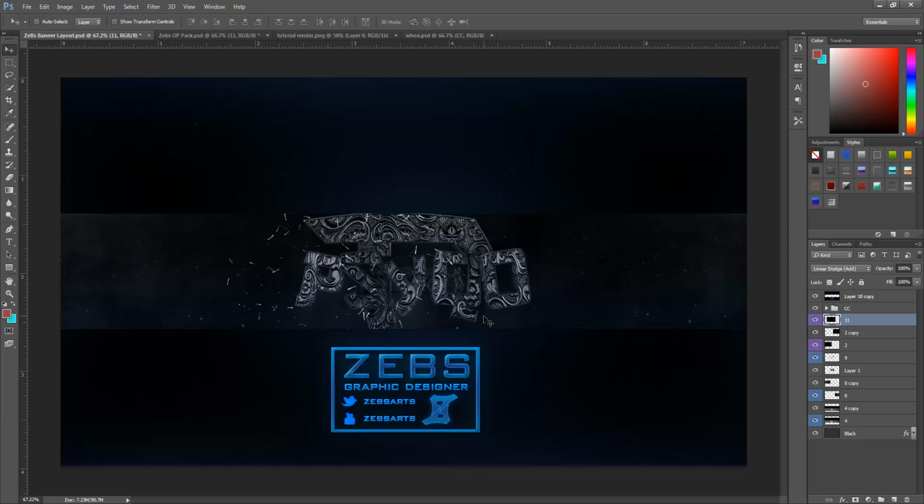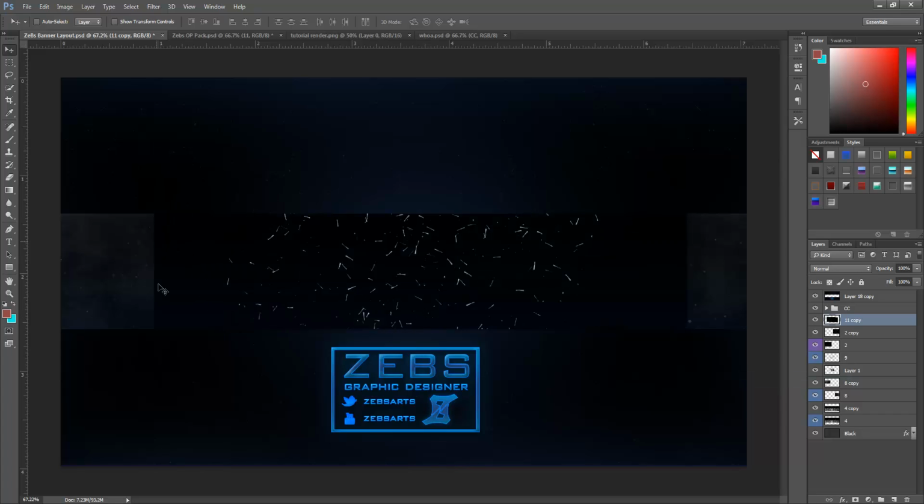So you're just going to duplicate it once again. It doesn't matter if it's really thick right now. We're going to erase some of it. So you're just going to merge both these particles together by highlighting them both. Set merge layers. Now, as you can see, it made a black thingy, which obviously we don't want because it's